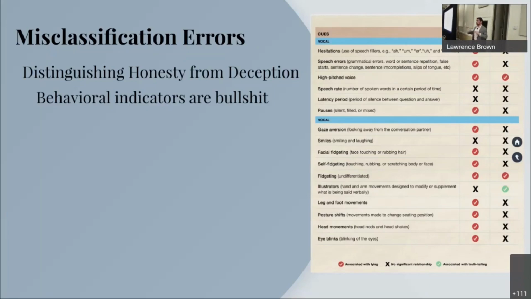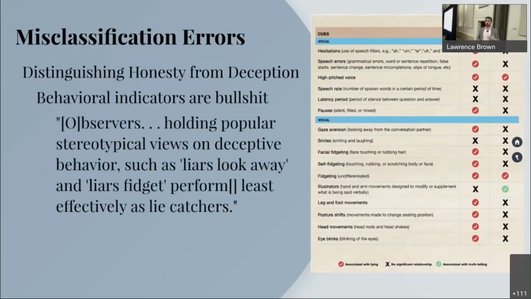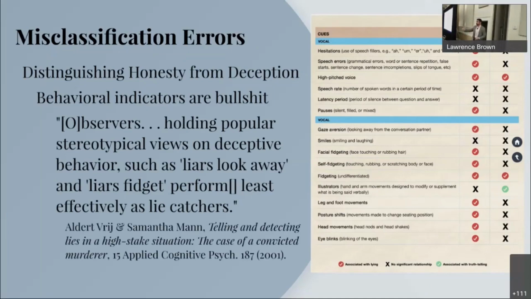In other words, none of the behavioral indicators that we think, and that is widely trained in policing, as establishing deception actually establish deception. And worse, according to this study, people who have stereotypical views of what type of behavioral indicators are indicative of deception are actually worse at identifying deception. The more confident you are in identifying deception, the worse you are at identifying deception.